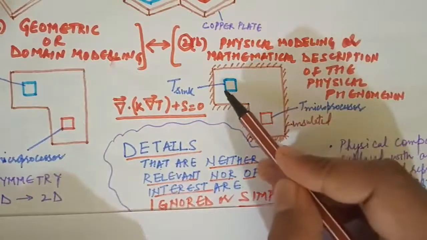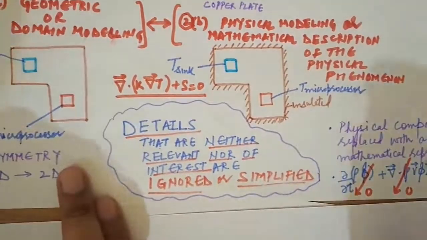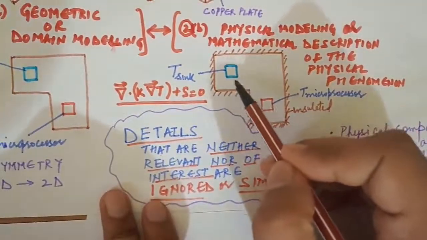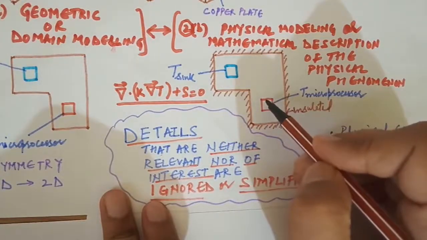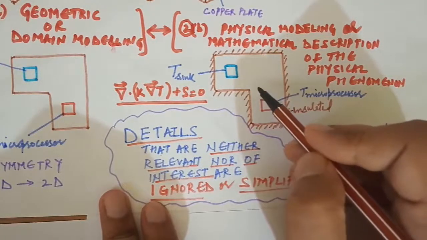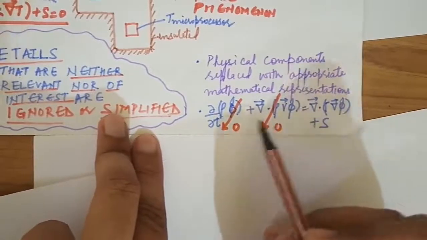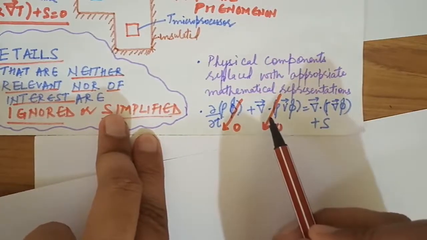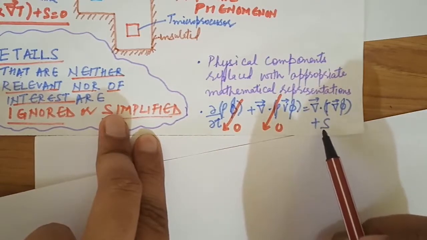Now, once we have assigned the temperatures, the next step is we need to understand that as there is no fluid going on here, the heat dissipation will be primarily occurring through conduction. So this is the generic conservation equation. This is the unsteady term, this is the advection term, this is the diffusion term, and this is the source term.